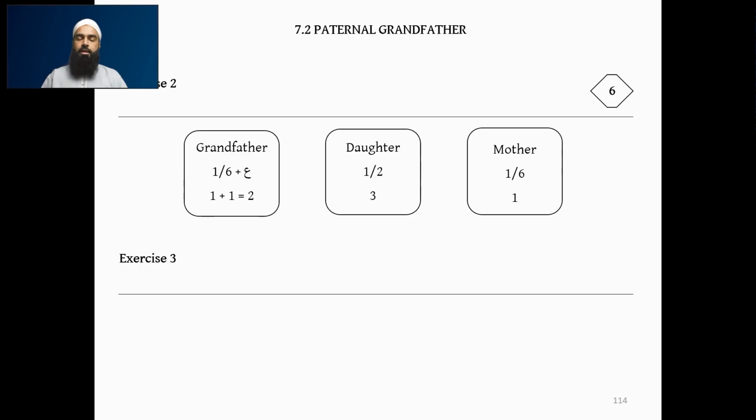Then we have next exercise. We have mother, grandfather, and father. What happens here? So the answer: mother, because there's no children, receives a 1/3. Grandfather, because there's a father there, will receive nothing. And the father, because he's got no children, will receive asaba, the agnatic shareholder. So we only got 1/3 as our fraction. We make the divisor out of 3. We give the mother her share, which is 1. Grandfather gets nothing, and the father gets the remaining 2.